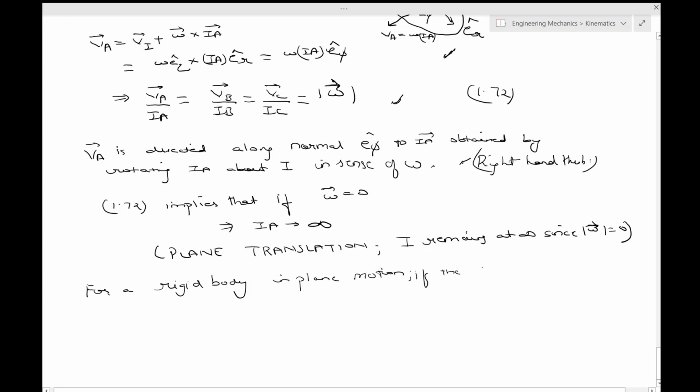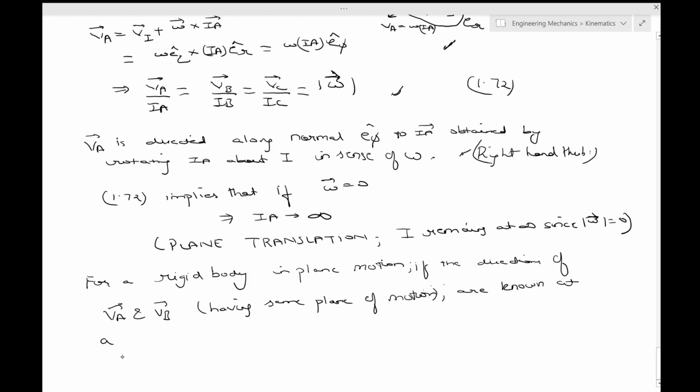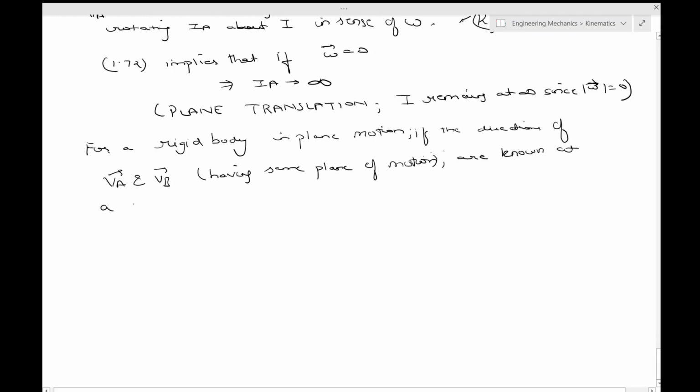if the directions of VA and VB, having the same plane of motion, are known, the velocities are known, at a given instant, then center I can be located